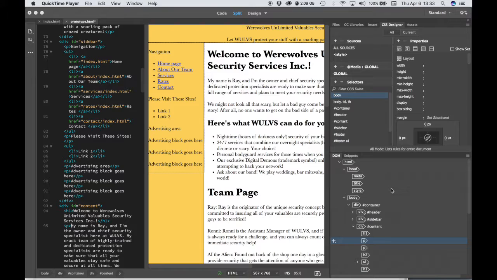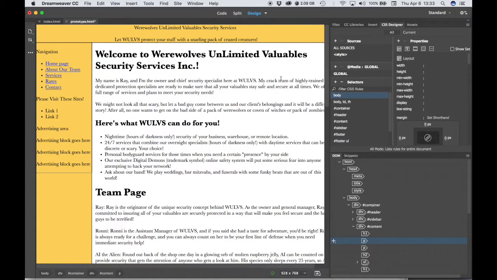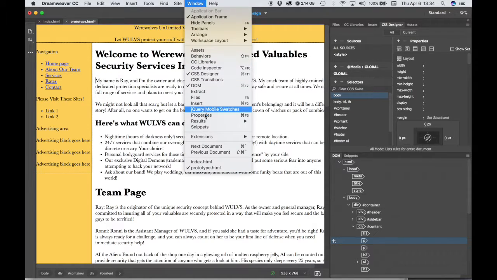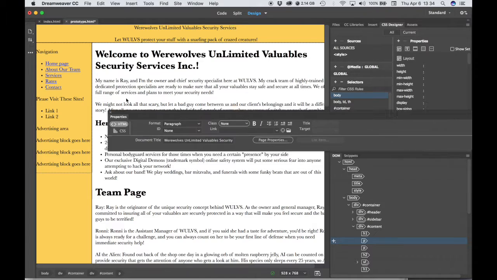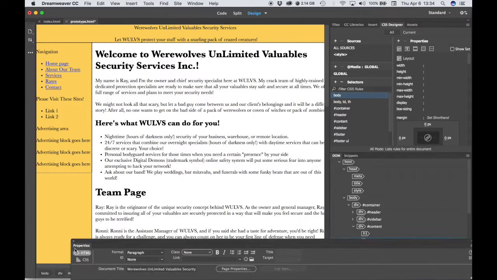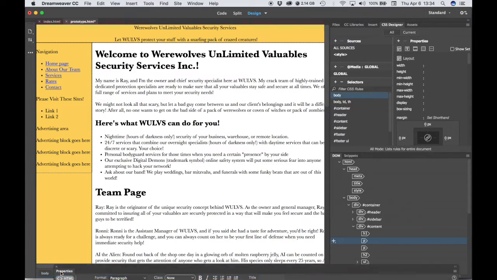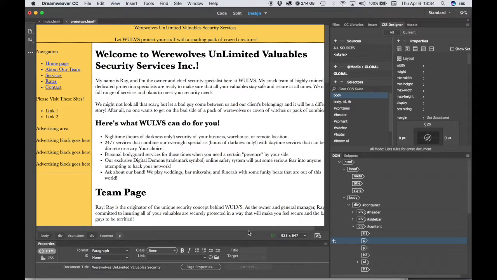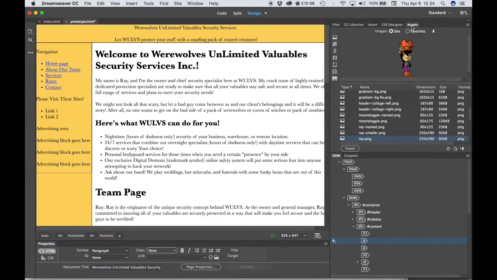Okay, before we go any further, let's get out of this split view. So let's just work in design view. And we need our properties window. So let's go to window, properties, and then take this floating window and drag it all the way to the bottom of your screen so that it attaches to the bottom because we're going to be needing this. Let's go to our assets tab and scroll to